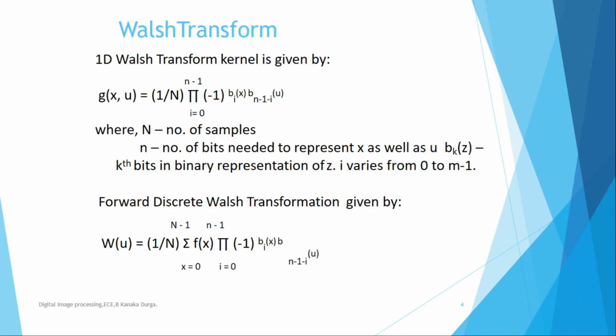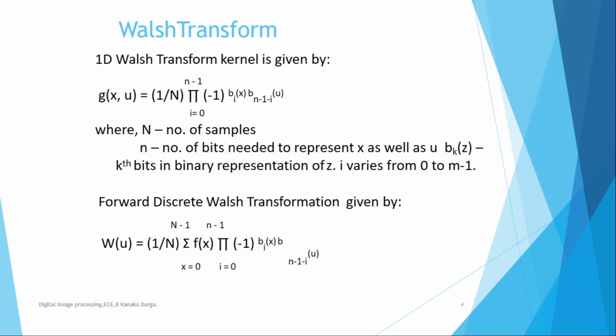Waves. The square waves and the rectangular waves have the amplitudes of +1 and -1. So the resultant here goes for +1 or -1. So how can we represent that in terms of a mathematical equation? g of x comma u is equivalent to 1 by N, product of i running from 0 to N minus 1,